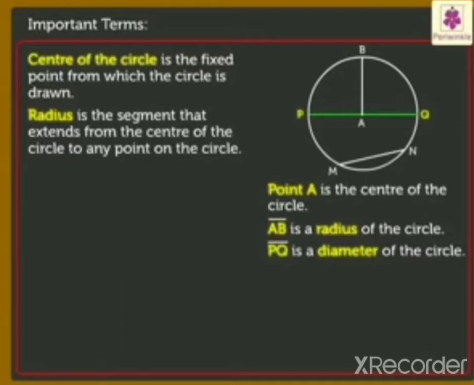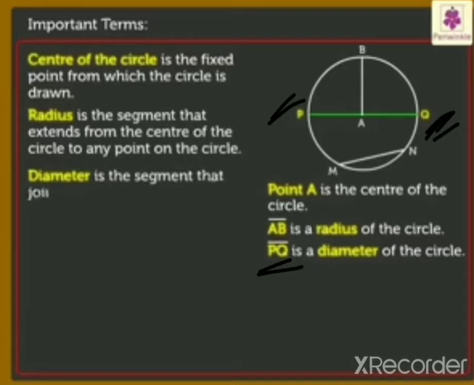Now what is diameter of a circle? You can see in the picture PQ. This line PQ, green line, is the diameter of the circle. You can see clearly PQ is diameter of circle. Why this is diameter of circle? Diameter PQ is diameter of circle because it passes through center, and it is also a line segment. Okay, so line segment which passes through center of a circle joining any 2 points on the circumference of circle is called diameter of that circle.